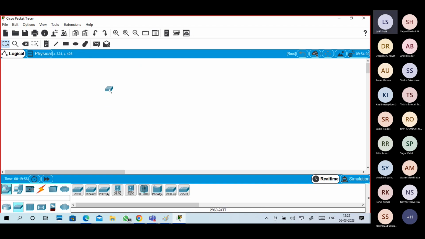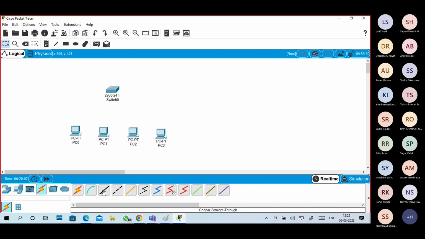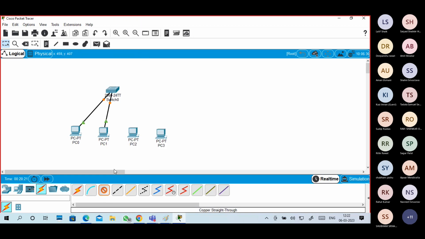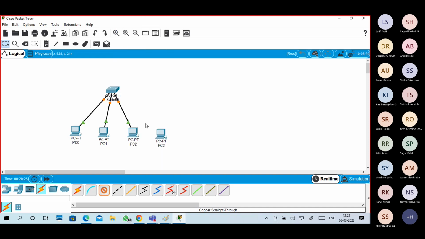Look, this is my switch. These are my devices. I'm connecting them, so I have to connect with a straight-through cable, from this Ethernet port to this one.